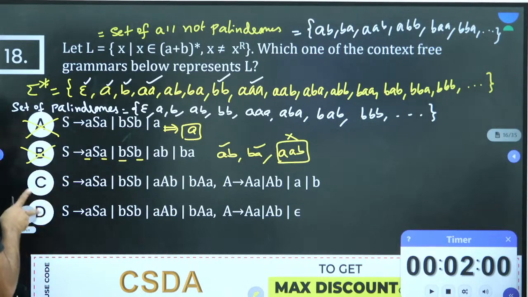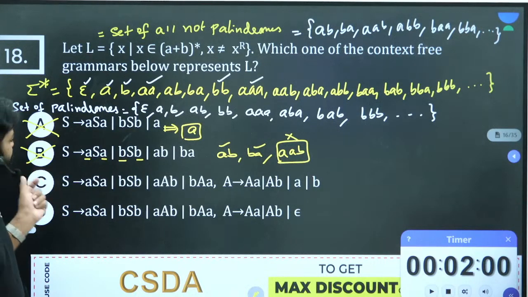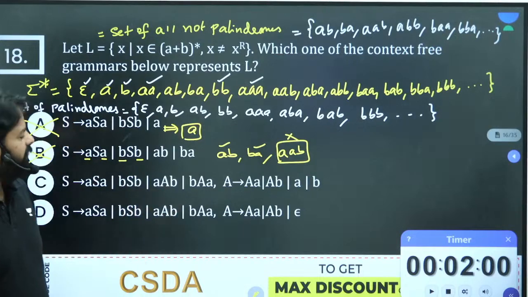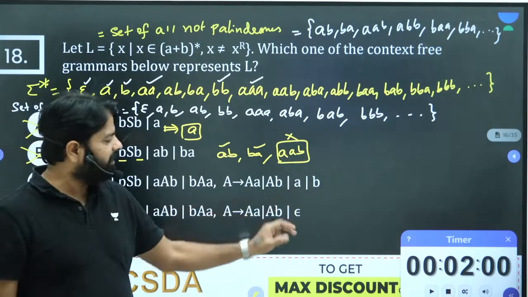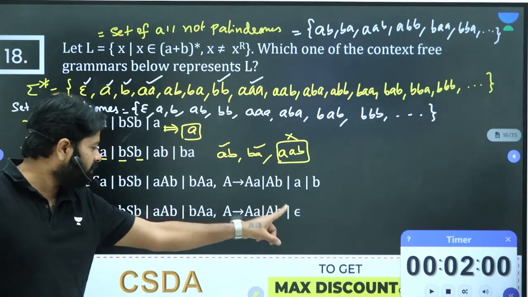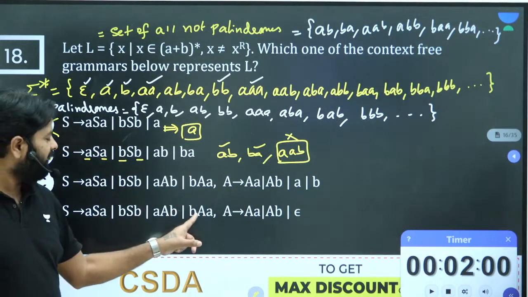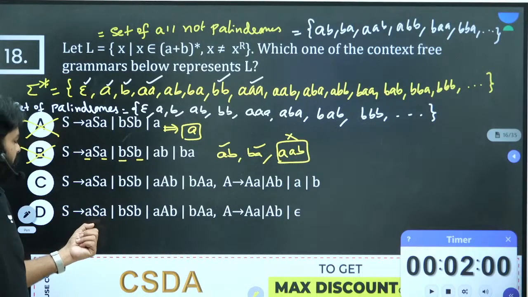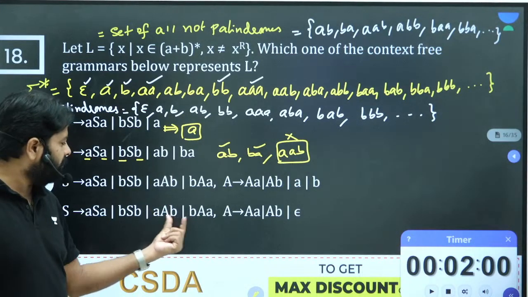Now we have only left with C and D. Just look at one thing. When two options only left, just cross check them very easily. See, if you cross check them, the difference is here A or B is there, here epsilon is there. And because of that, what happens? Epsilon, when you put here, you will get every 2 length, like double A comes, or sorry, not every 2 length, this 2. AB comes, BA comes.